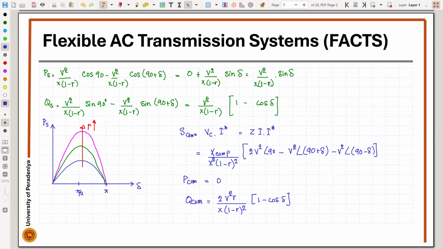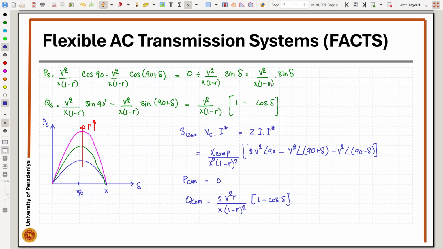Are we going to use a fixed capacitor? If you use a fixed capacitor, what is the problem? How are we going to vary the reactive power provided by the capacitor? Those are the practical problems that we have when we are trying to implement the series or the shunt